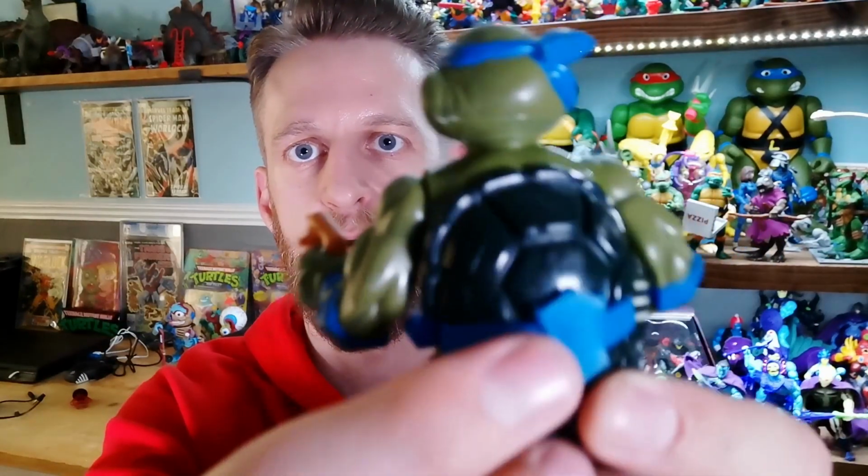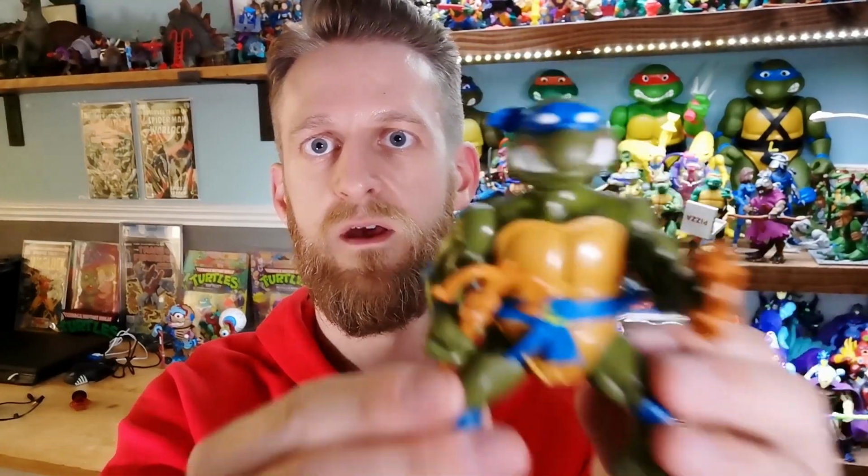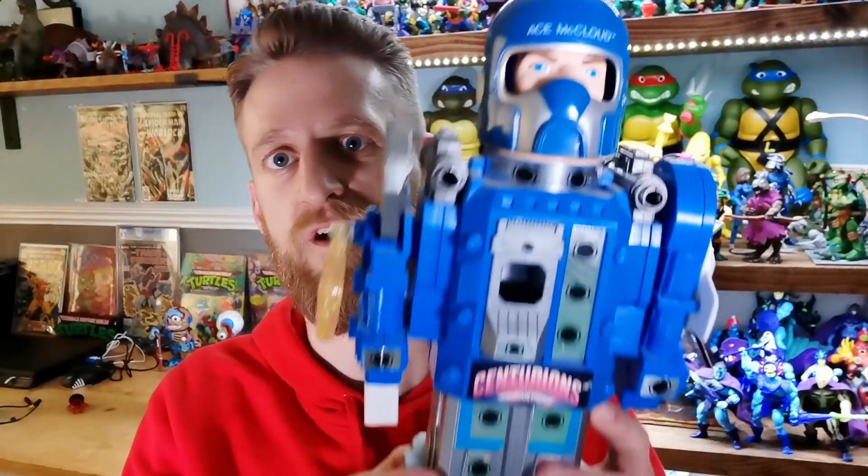He's actually missing a broken belt piece there as well, which I didn't realise from the photos, but that's my own problem, my own mistake. But either way, I have him. It's taken me a long time to find one in a half decent condition, so I'm happy to add him to my collection. And I also picked up again from one of the Facebook groups something